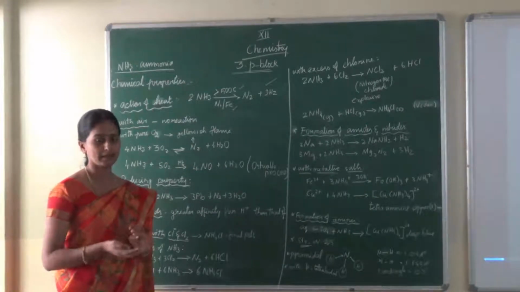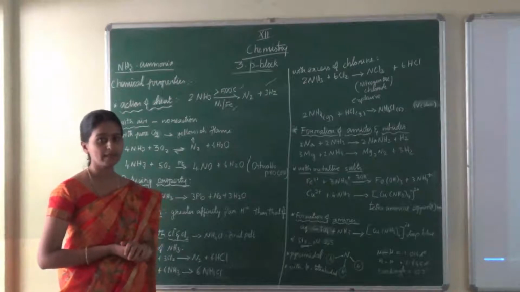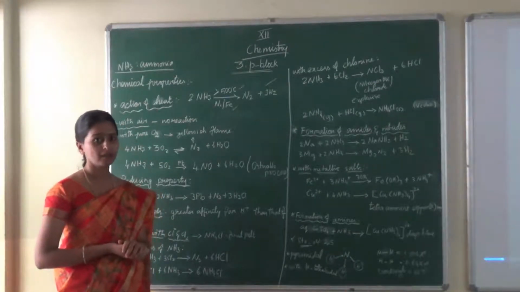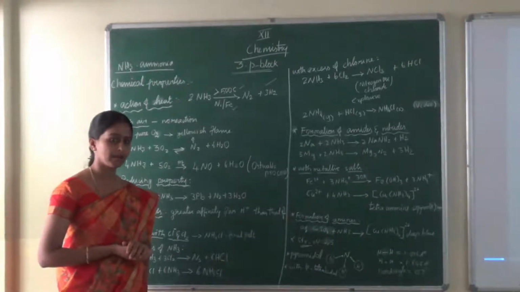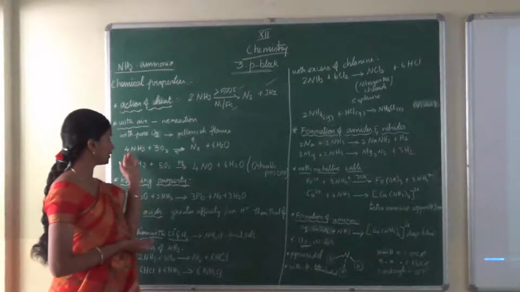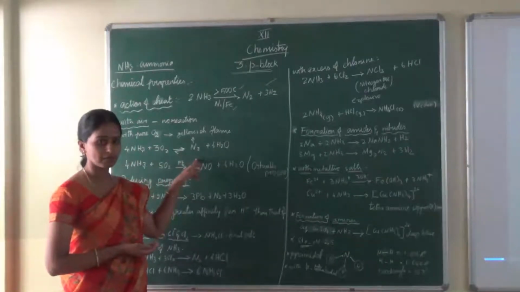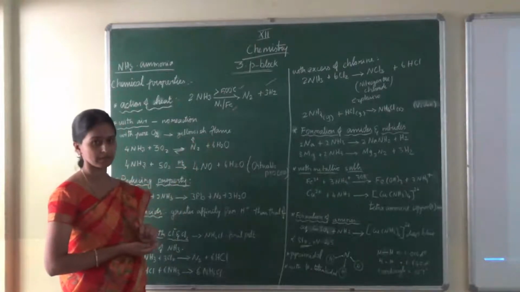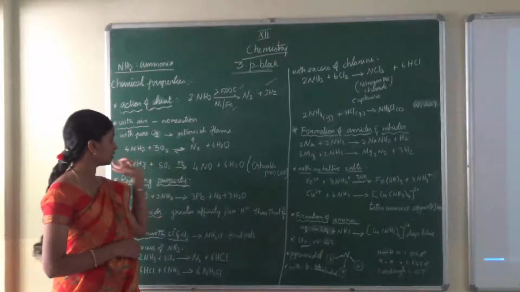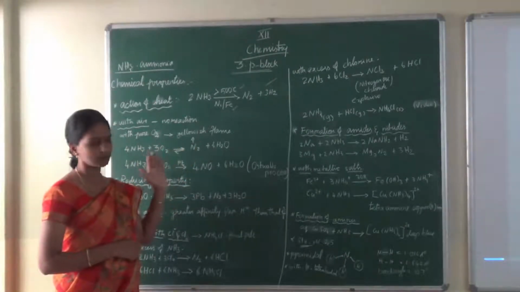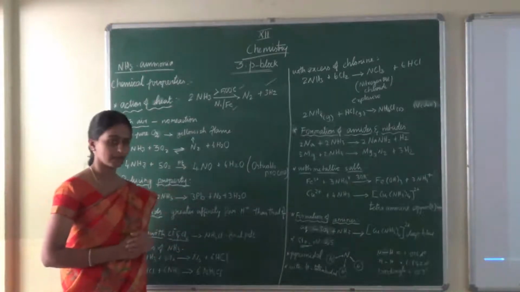In the lab, last year also, we did the flame test for alkali metals. Do you remember that calcium gives brick red color, apple green for barium, all those things we did in the lab. In the same way, when we heat this ammonia in the presence of oxygen alone, what flame will we get? Yellowish flame. So in a 1 mark question they may ask, what is the color of the flame? What flame test answers for ammonia? Like that they can ask.